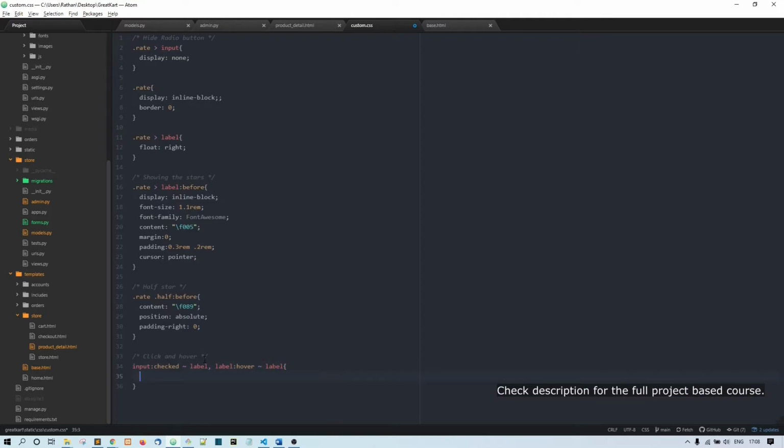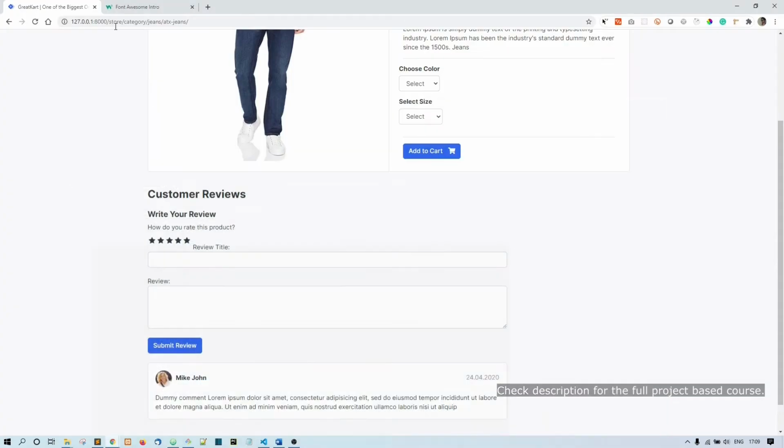Now let's put a color, let's say color ffb503. Now what will happen if I refresh? You can see this is now bringing the color on hover, right?